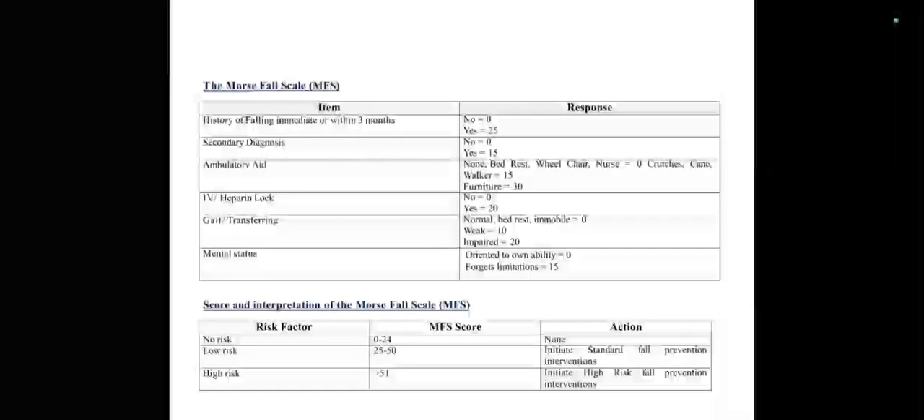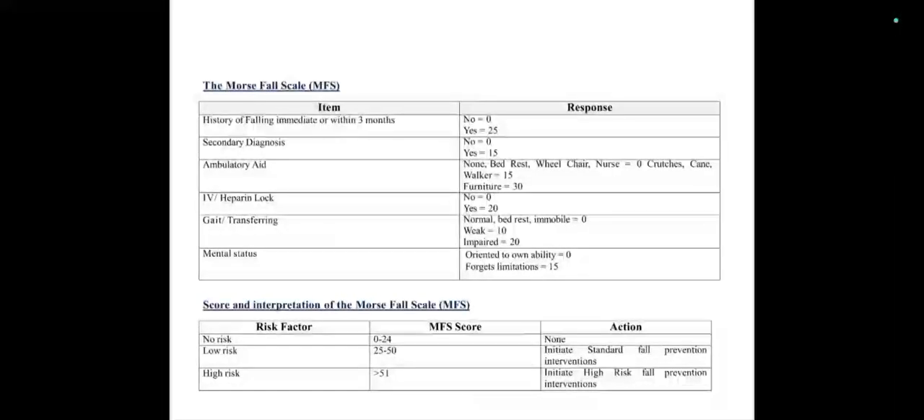Another fall assessment scale is the Morse Fall Scale. It's a brief fall risk assessment tool used widely in acute care settings. It is used upon admission, on discharge, and on transfer to new settings. History of falling immediately or within 3 months: no is 0,